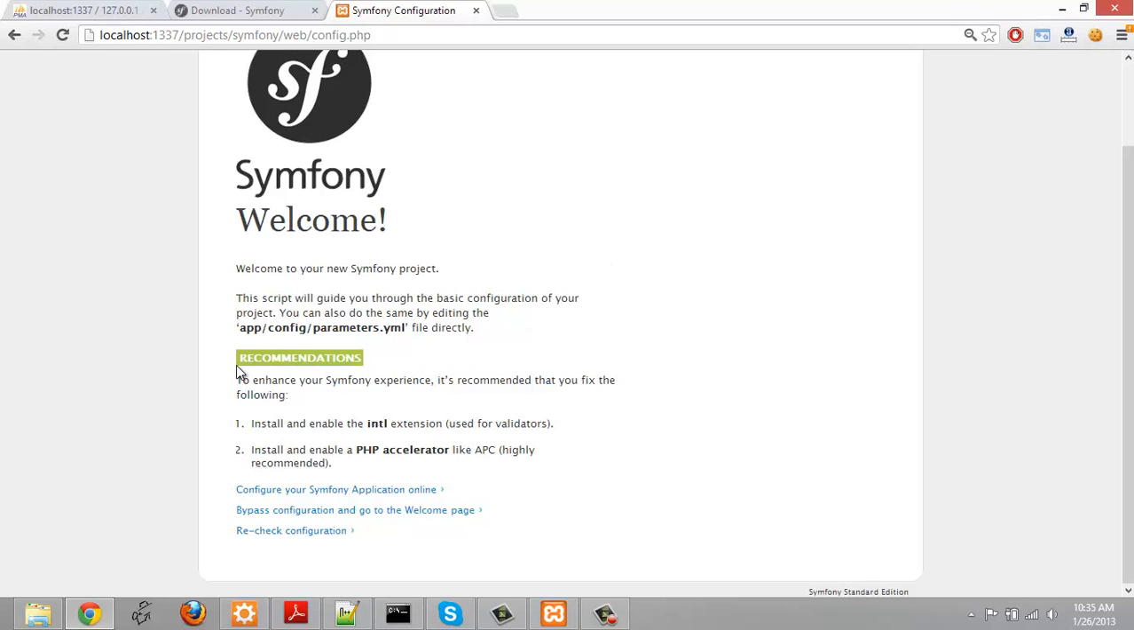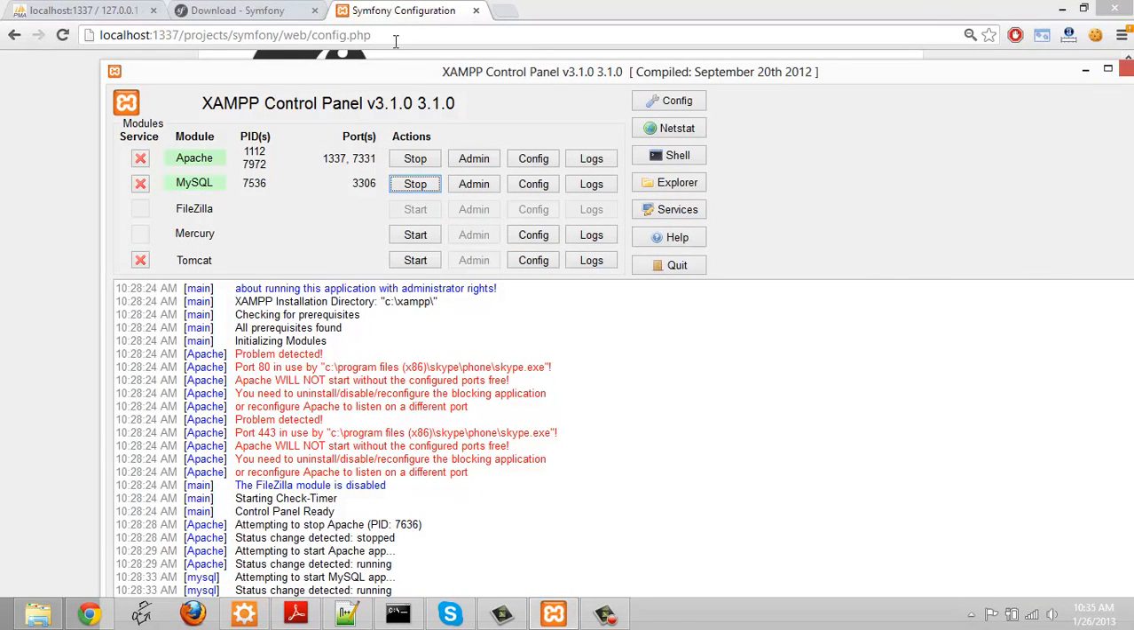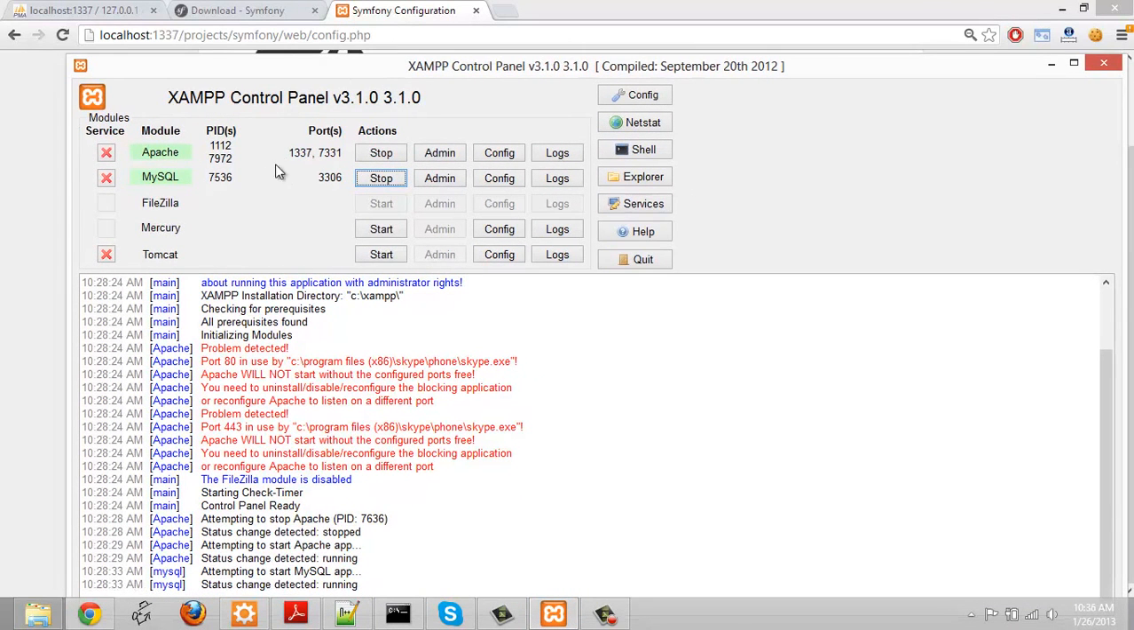There's a few recommendations here. You can install Symfony without doing the recommendations, but in my case I'm going to do the first one, which is install and enable the INTL extension, which they use for validators. And the way we can enable this is if you're using XAMPP or whatever you're using, you want to go to your